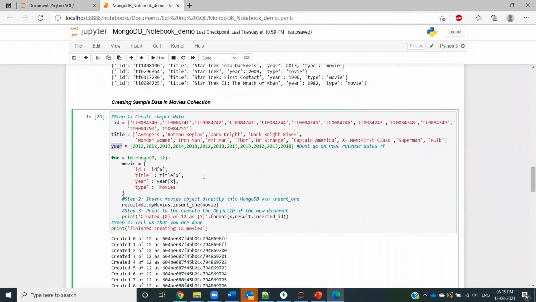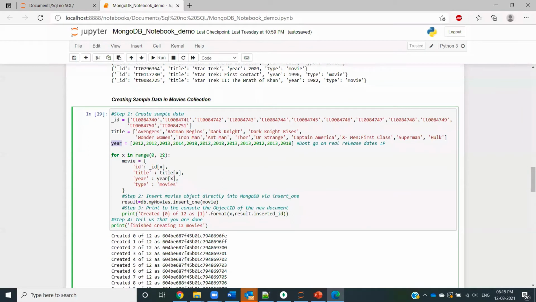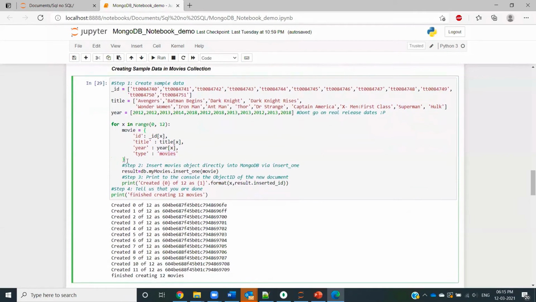In order to add these documents inside my collection, I'm starting a for loop for all these 12 records, wherein I'm creating one dictionary, which is basically a document. For every document, I am getting one ID, one title, and one year, and the type movie is the default. So I'm getting these fields from these lists and creating a specific document.